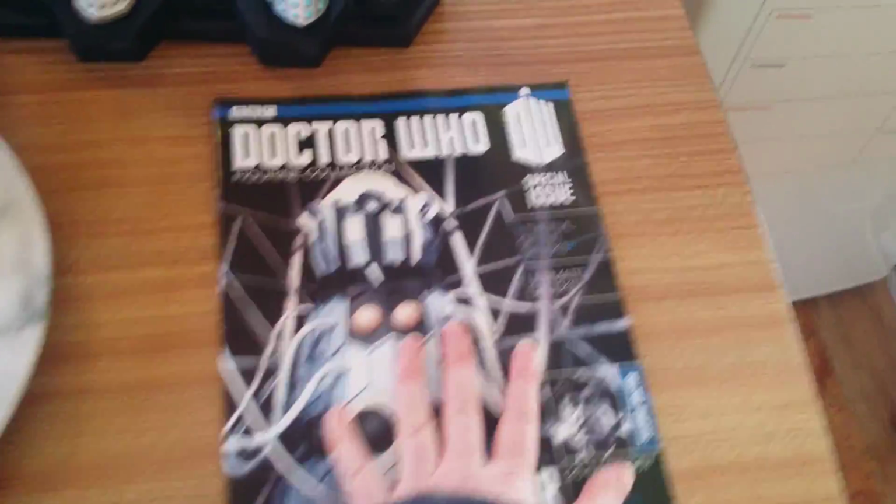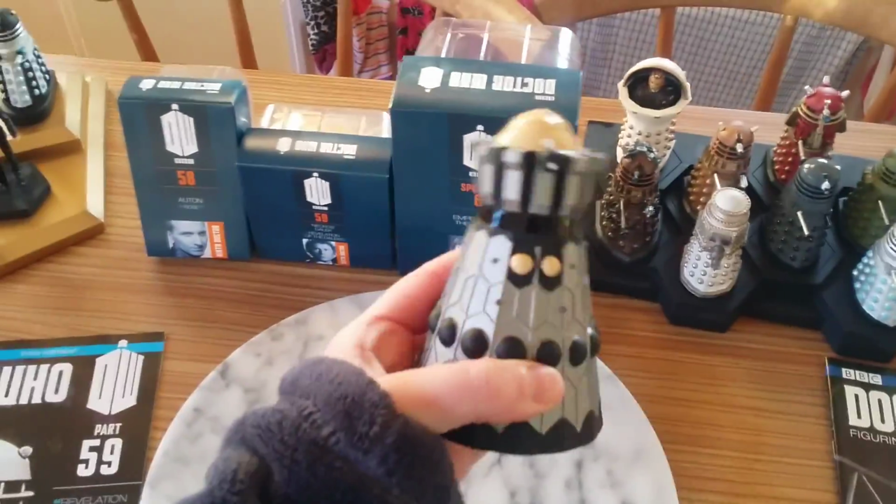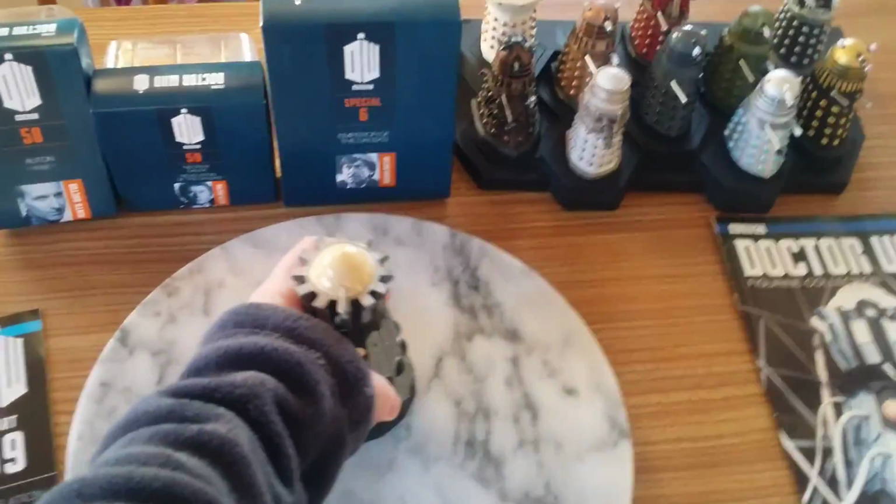So that's the special. We know we don't look inside special ones. So I'm just going to move the Dalek Emperor there. He's a lot smaller, and he's actually smaller than the TARDIS in this collection. So just letting you know on that. Okay, part